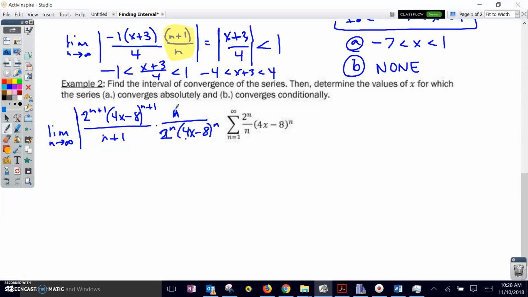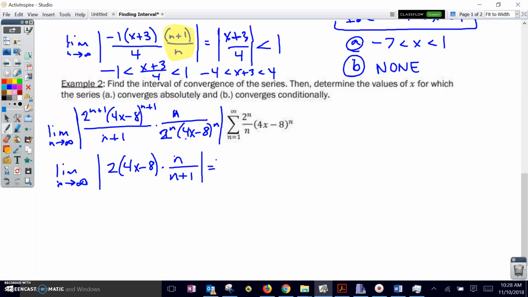And when I simplify all of that, this is going to turn into the limit as n goes to infinity of, and I end up with a 2 in the numerator and a 4x minus 8 in the numerator times n over n plus 1,